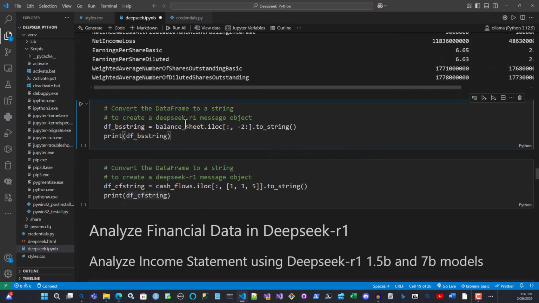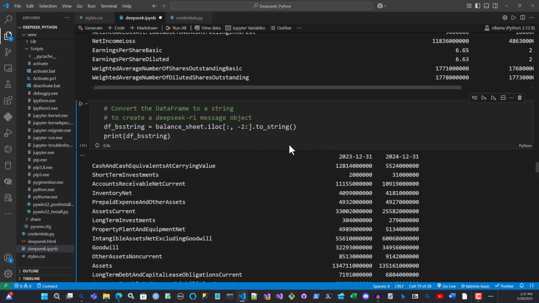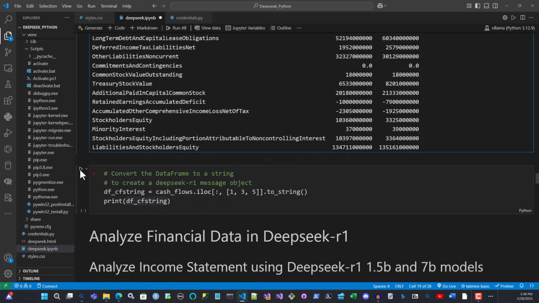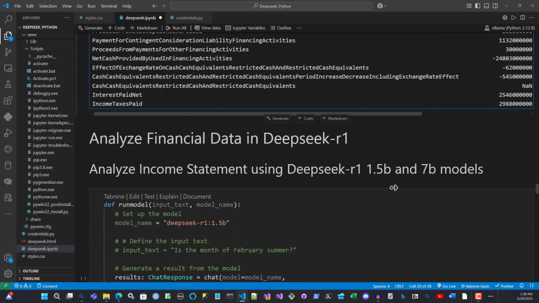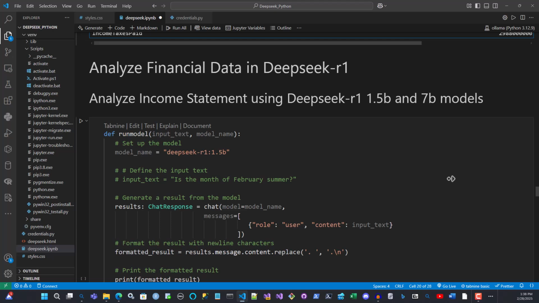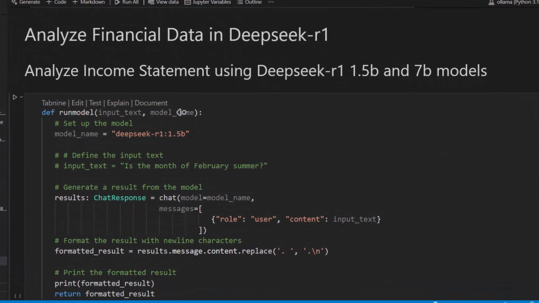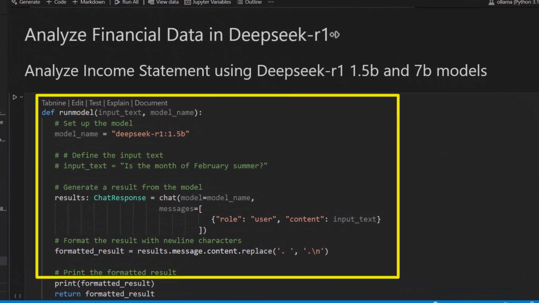So in case you wonder, it looks like this. And for cash flow statement, like this. I'm not going to spend time on these two other statements because I'm not analyzing those. So finally now then, we're here at the DeepSeek-R1, and this is the general function I'm going to be using